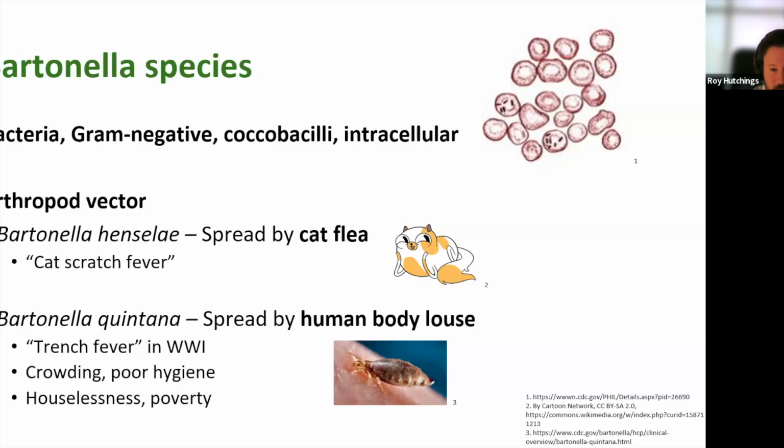The infection was given the name trench fever due to outbreaks in soldiers in World War I, but this is an ancient disease, with even 2,000-year-old Roman soldier remains showing evidence of infection. In modern times, however, it's seen primarily in patients experiencing overcrowding, poverty, and houselessness, as these patients struggle with body louse infestations and are unable to regularly wash their clothes, and they will often share clothing with one another, which can spread the body lice infestation that then spreads this bacteria.